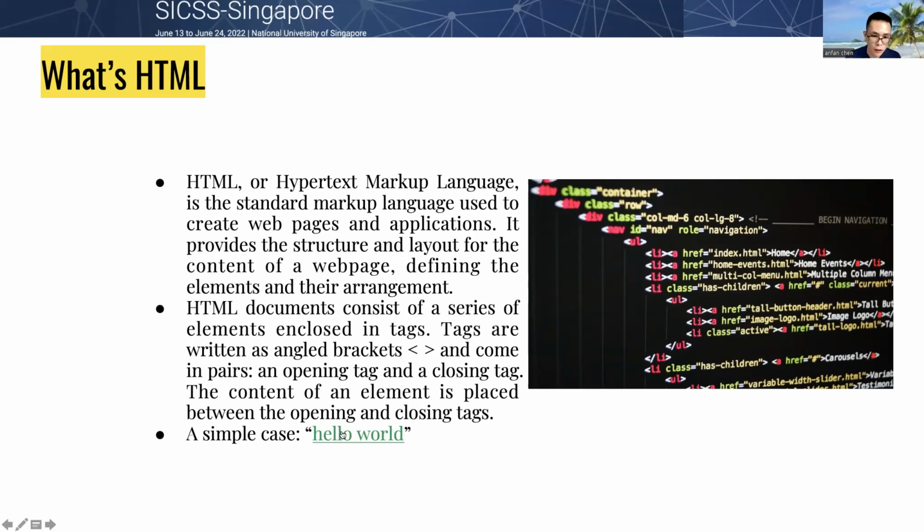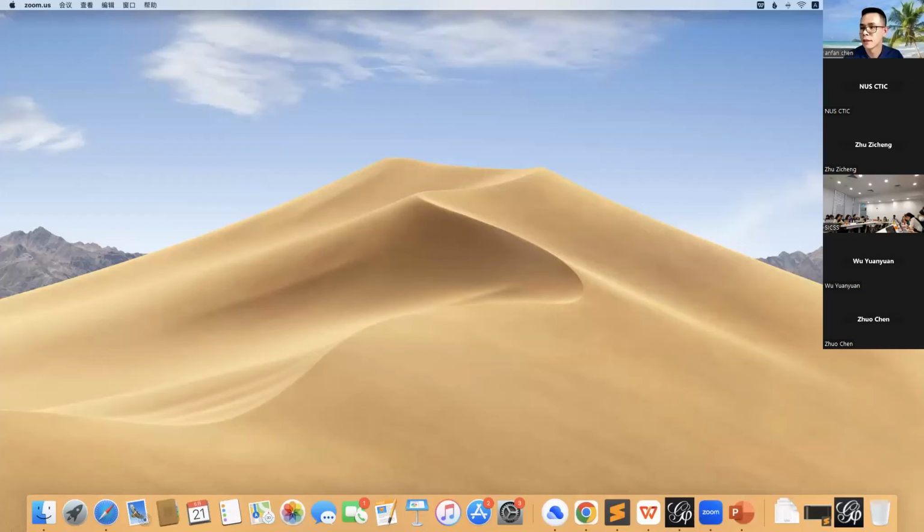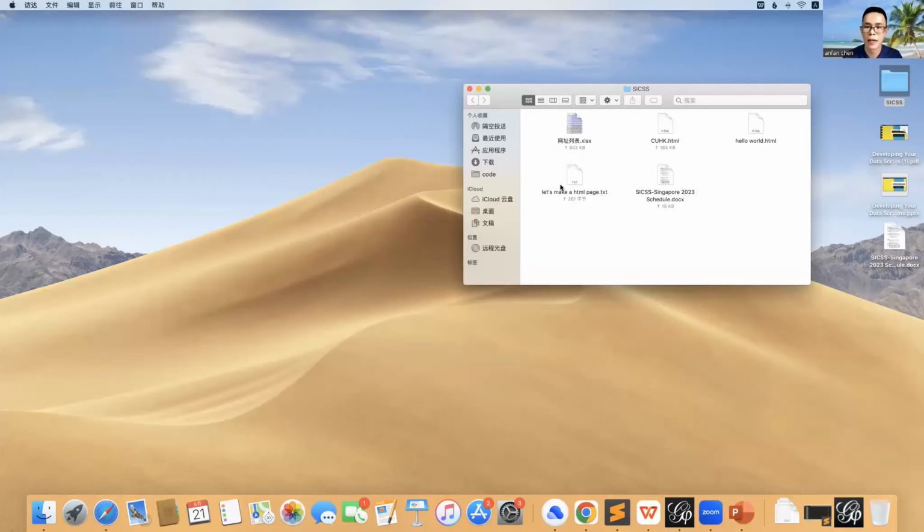And here I want to provide a simple case about HTML. Here I made a very simple HTML.